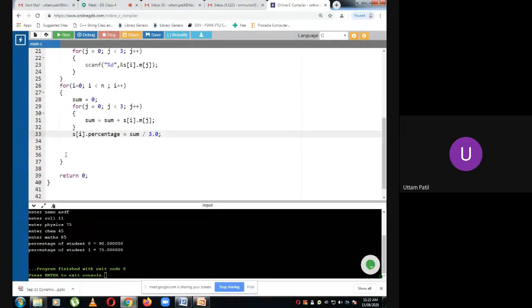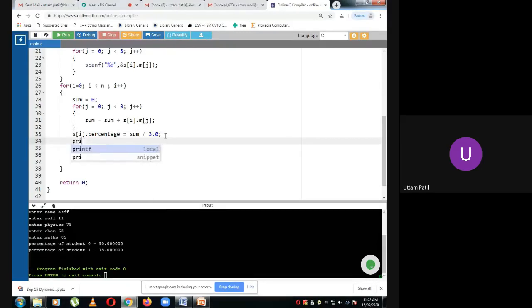Did I delete the statement there? Then printf percentage is equal to S of I dot.